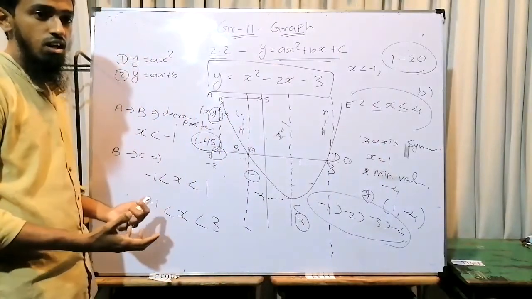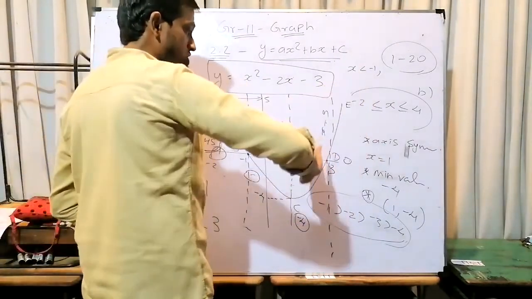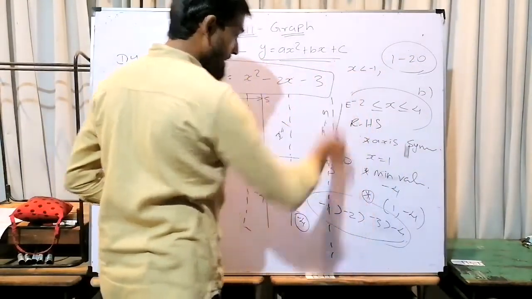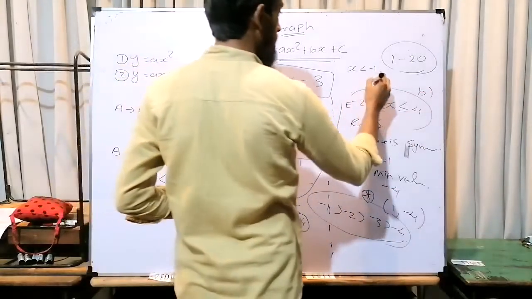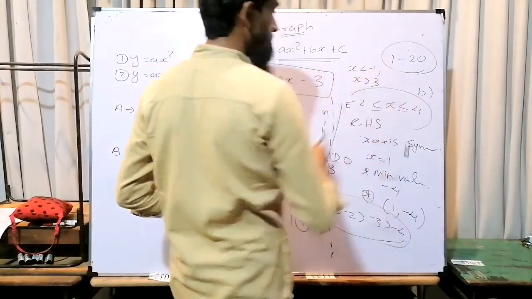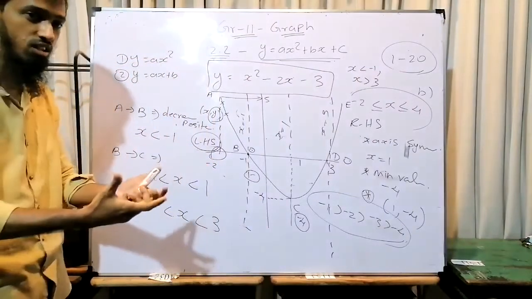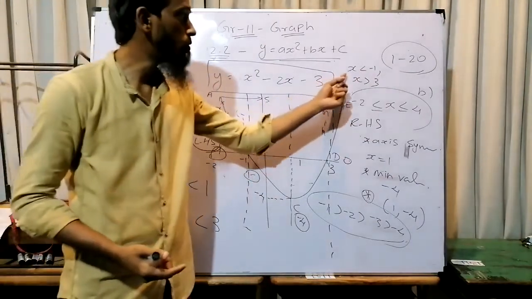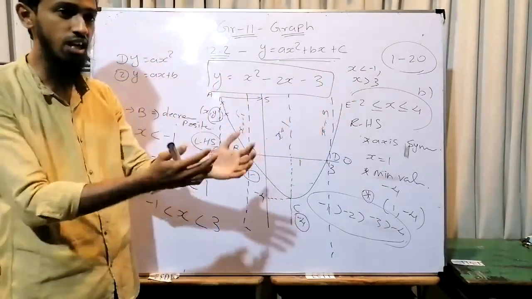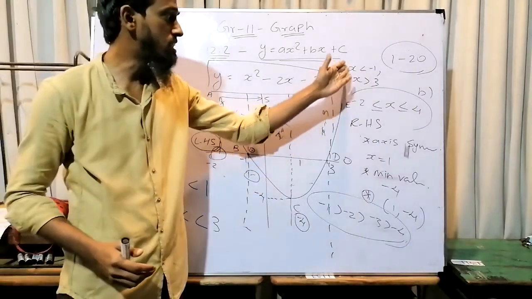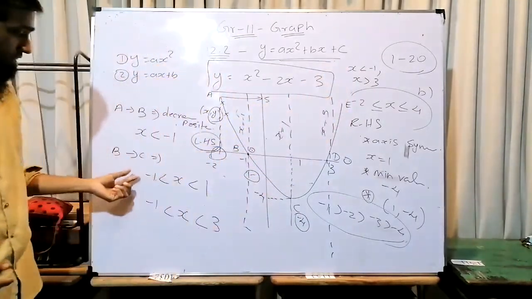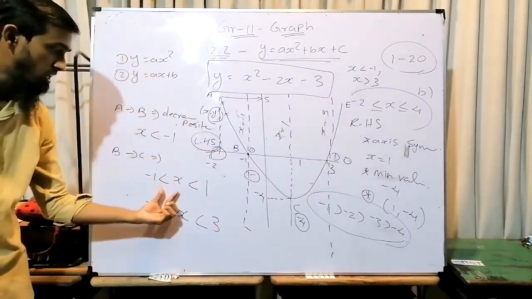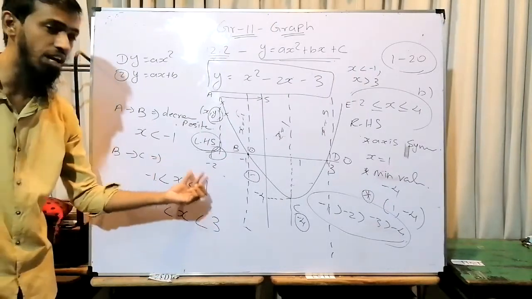The other area where the graph is positive is D to E. So it's greater than 3, the right hand side of this straight line x equal 3. So the next range is x greater than 3. There are two ranges because there are two parts of the graph. That's why we mention the range of x in two different ranges. For these questions where the part of the graph is in between, the inequality comes like this.